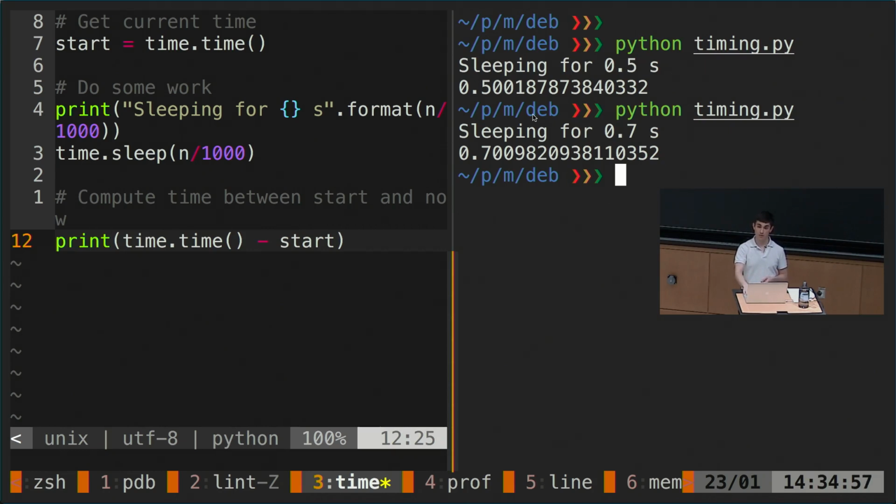But the thing is, in your computer, it's not only your program that is running, there are many other programs running at the same time. And those might be the ones that are taking the CPU. So to try to make sense of that,